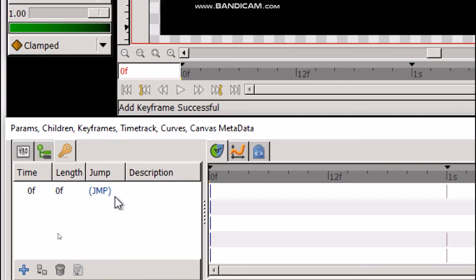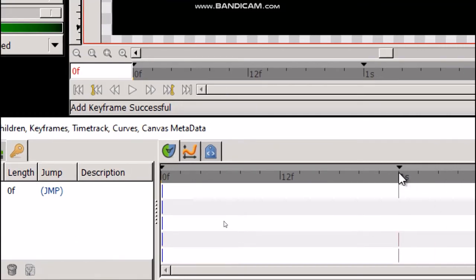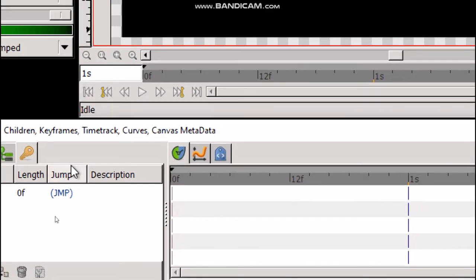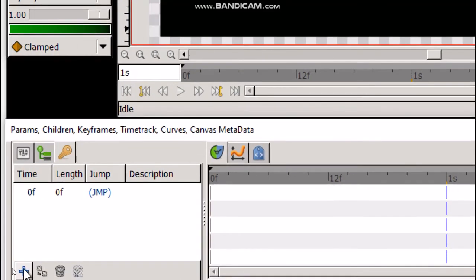Next, go to the 1 second mark in the time slider. Click there. So here 1 second is displayed in the entry field. Now click on the plus sign to add the second keyframe. So this is the second keyframe. This one is the first keyframe.